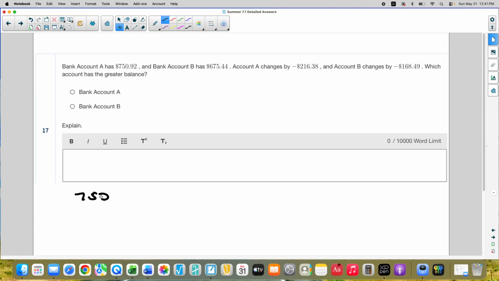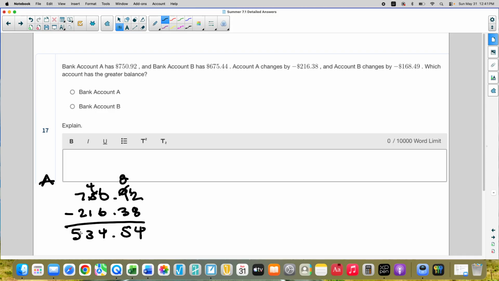So he has 750. That's a horrible 9. Let's rewrite that. 92. This is A. A has 750.92, and we're going to subtract 216.38. 9 becomes 8. Borrow. 3 from 8 is 5. Got to borrow, 4, 3, 5. So account A has